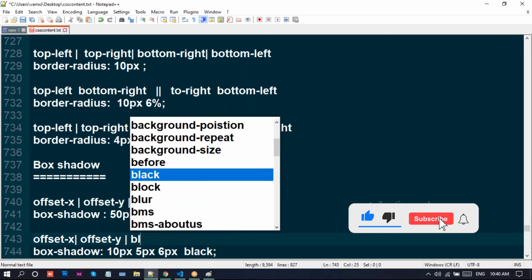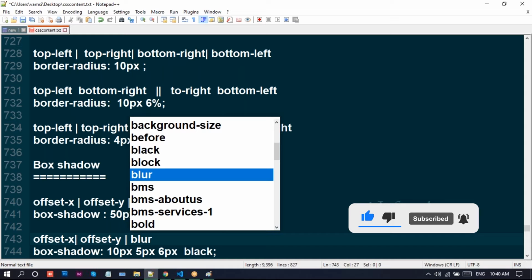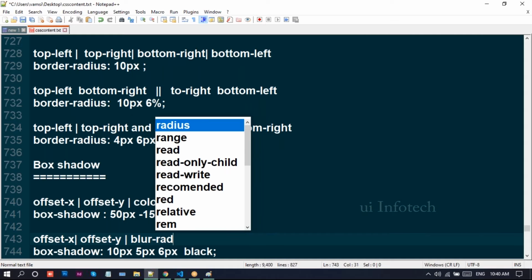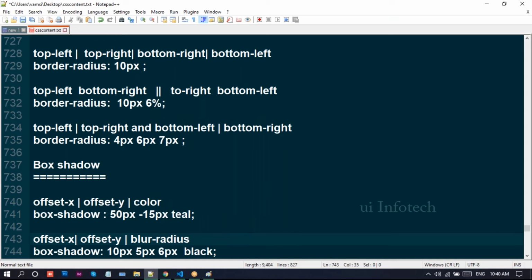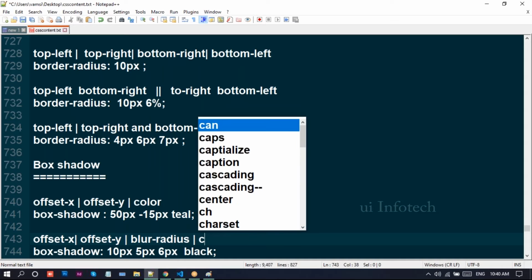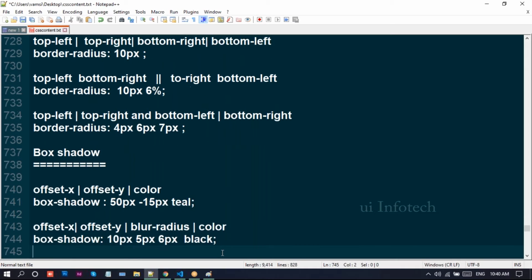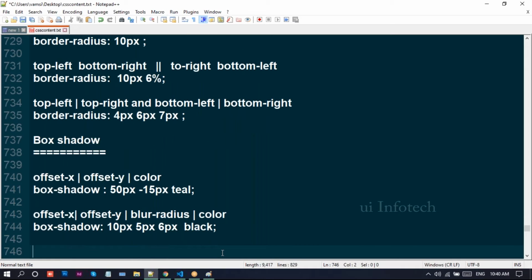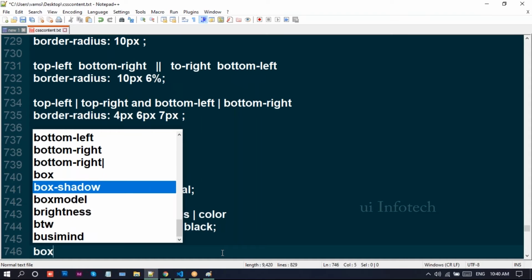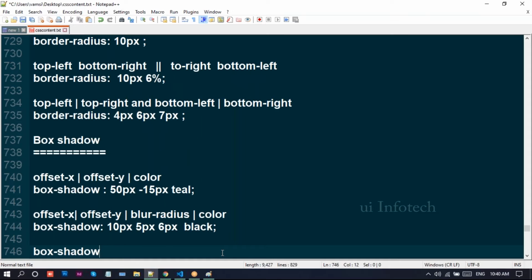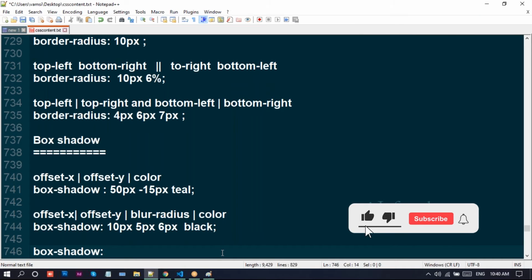Next, if you found four values, like box shadow, 10 pixels, 20 pixels, 5 pixels, 7 pixels, and red.